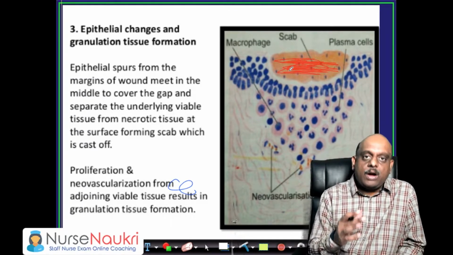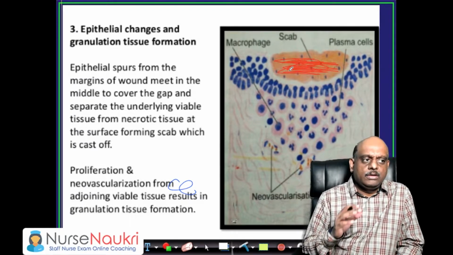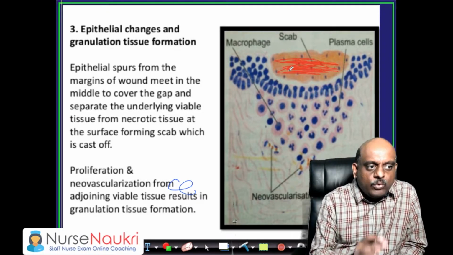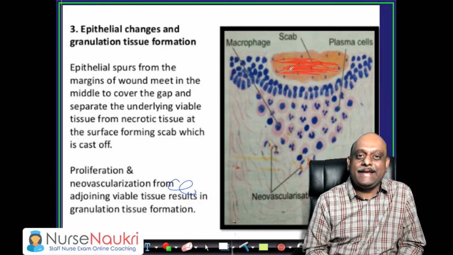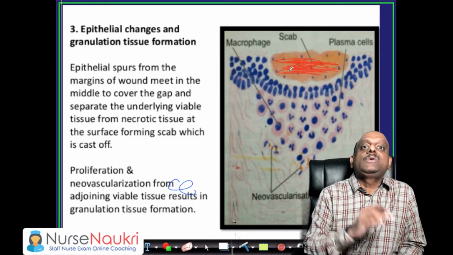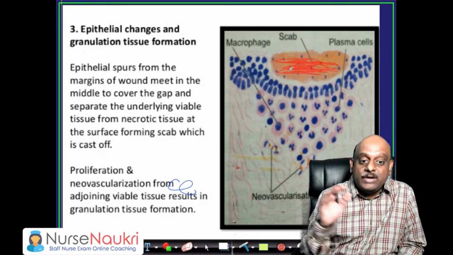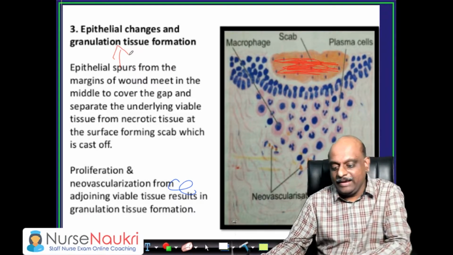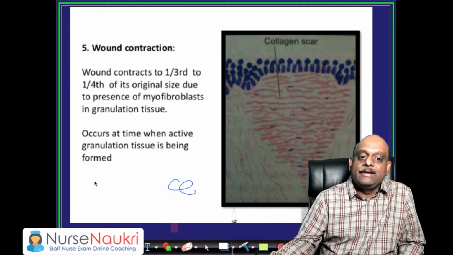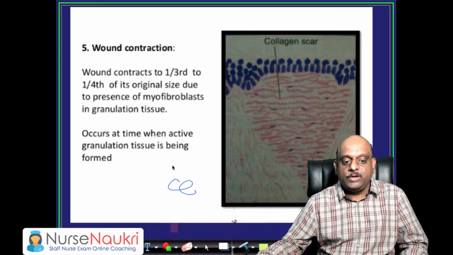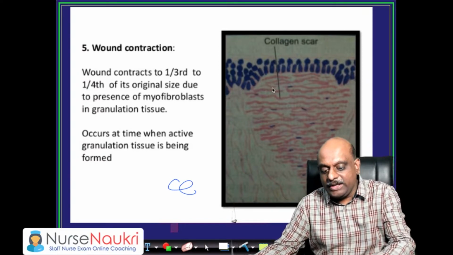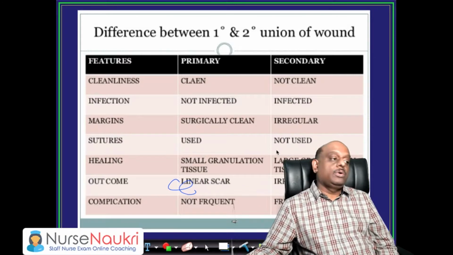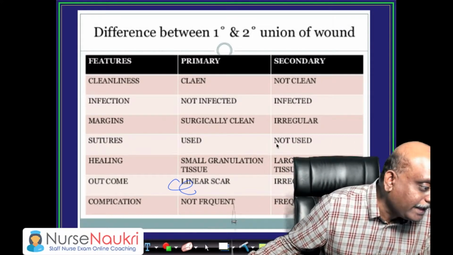So when you are doing ward rounds, what is a surgeon looking for? What is a nurse looking for? We look whether the wound is healing or not. How do you know the wound is healing or not? You look whether granulation tissue is forming or not. So granulation tissue formation is a sign that the wound is healing, is what you will be able to understand. Finally, the wound contracts to 1/3 to 1/4 of its size, and a collagen scar will form, is what you have to remember. So let us quickly summarize that